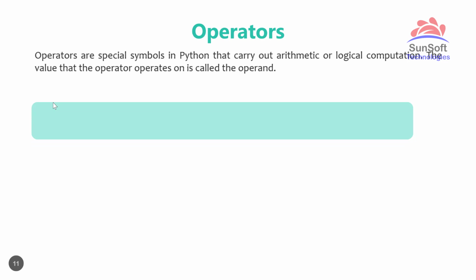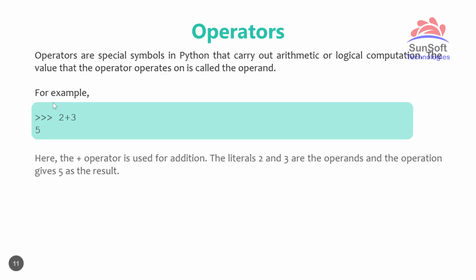So first of all, operators are special symbols in Python that carry out arithmetic or logical computation. The value that the operator operates on is called the operand. For example, 2 plus 3 is 5. Here the plus operator is used for addition. It's a basic arithmetic operator. The literals 2 and 3 are the operands, and the operation that happened, which was the addition operation, gave